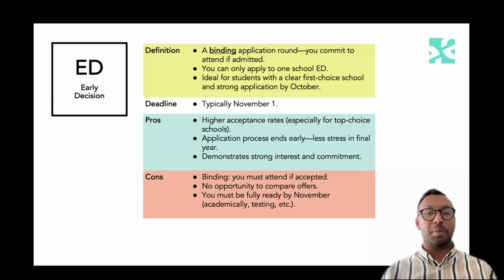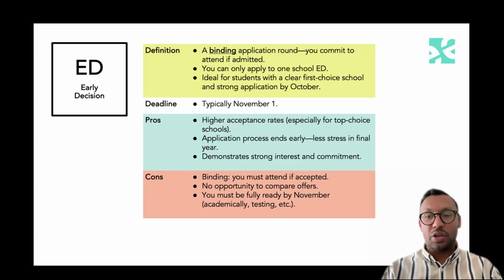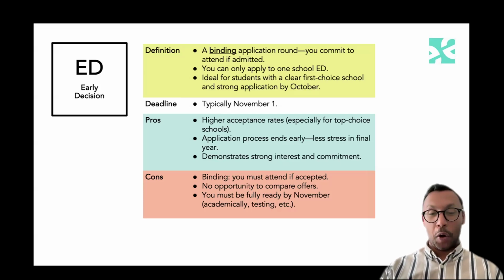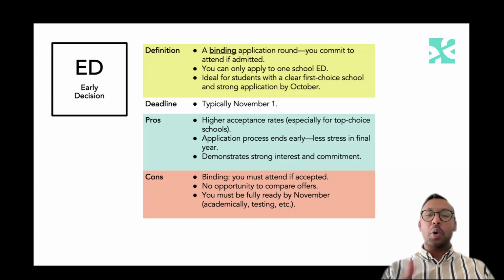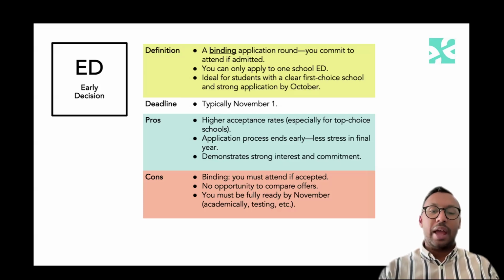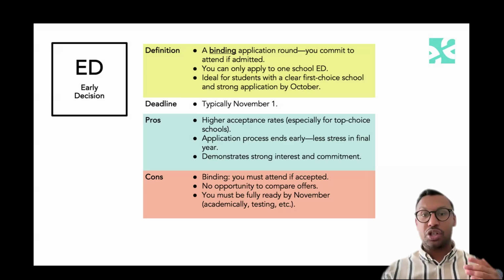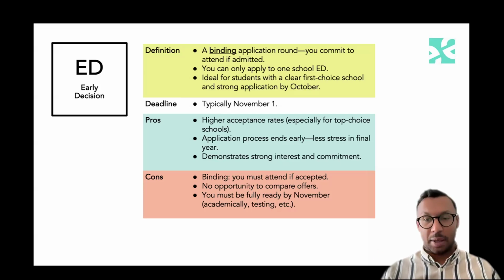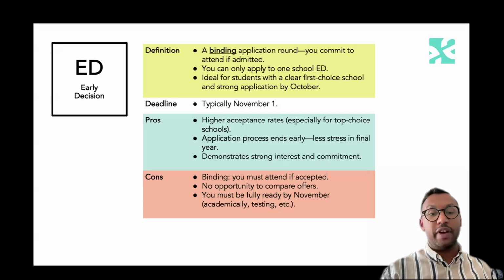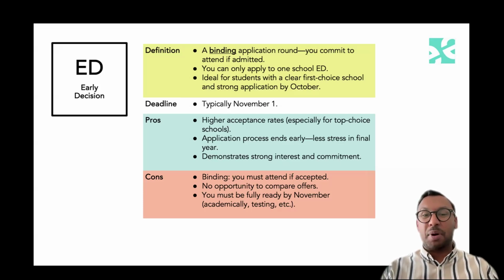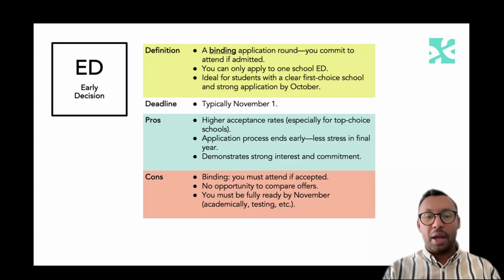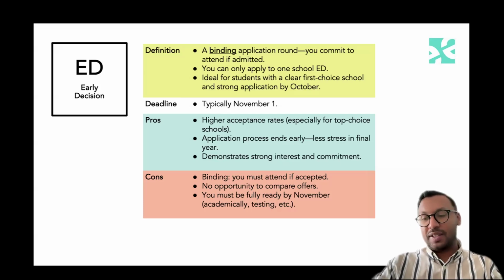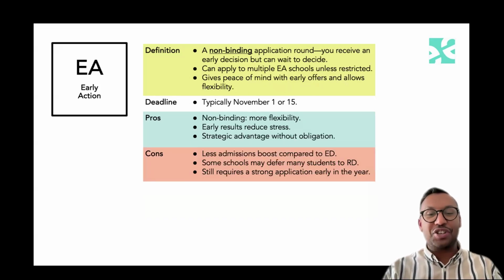And there are, of course, some cons. Perhaps if you are a student thinking about applying early decision, but you'd really rather go to a school that only offers early action. If you are admitted in early decision, you cannot take the early action offer if you were to get it too. So you must attend if accepted. So there's no opportunity to compare the various offers. And if, for example, you're thinking about financial aid, you won't be able to compare an offer from early action with financial aid versus early decision with financial aid because you have signed an agreement that you will attend the university if you are accepted. So that's really important to keep in mind.